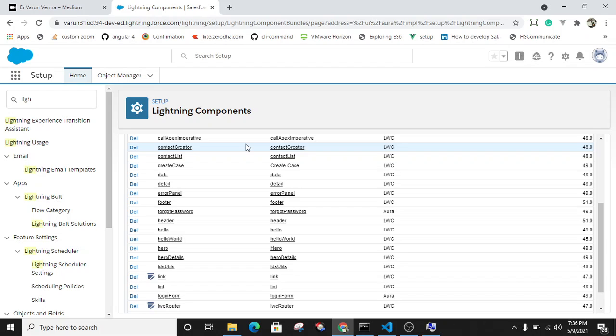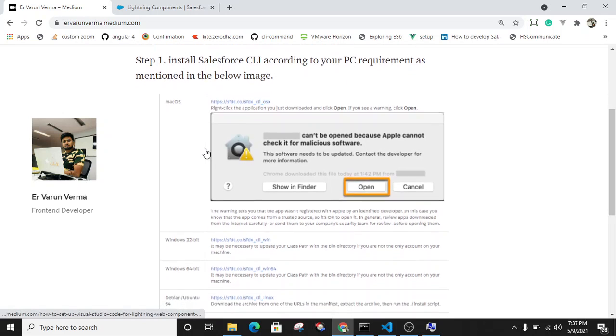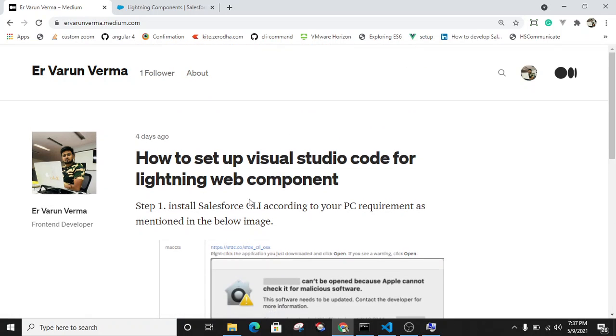So let's start. What you need to do first is install the Salesforce CLI. Just go through this article, varunvarma.medium.com. Here are the steps to set up your Visual Studio Code.